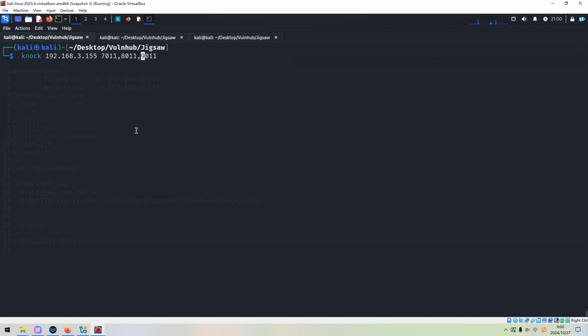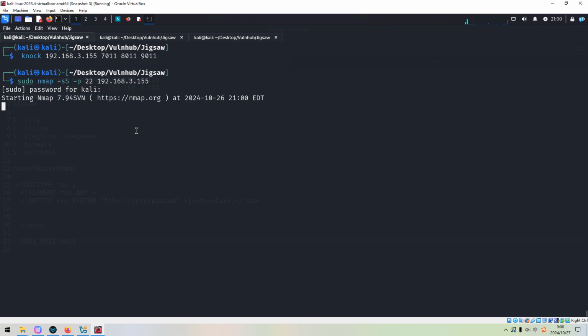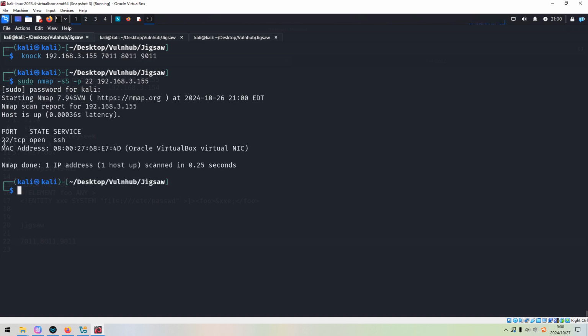We need to remove the commas, press enter. So next we can try to connect or scan the SSH service. We do not need to do the full range port scan in this case. Press enter. As you can see now, port 22 is open, which is running the SSH service.